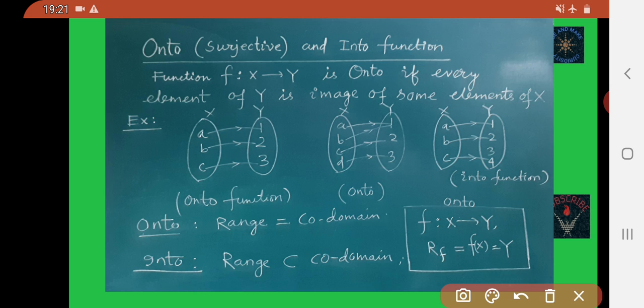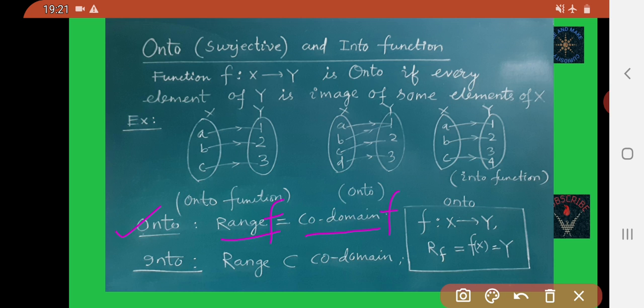In other words, you may say the range of function f is equal to the codomain of function f.